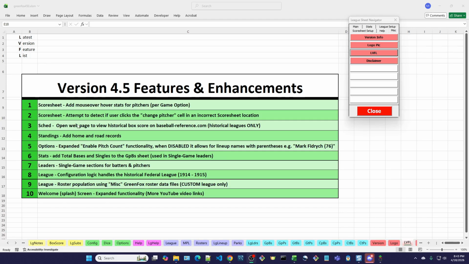Okay, feature number one here is on the score sheet, the mouse over hover stats for pitchers per game option. As many of you know, this feature has been around for a couple of versions for batters. And I'll first mention that it's controlled by a game option. So if I look at the